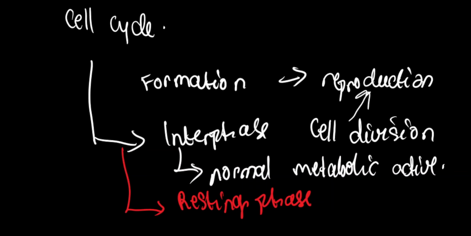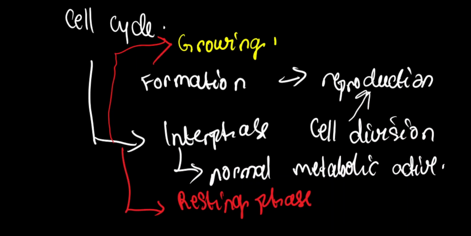Literally, the cell doesn't rest in the resting phase. The cell actually undergoes a lot of metabolic activities like protein synthesis and a lot more during the interphase. And so a more appropriate and a more accurate term for the interphase is the growing phase. So the interphase is the growing phase of the cell, or it could also be referred to as the metabolic phase,